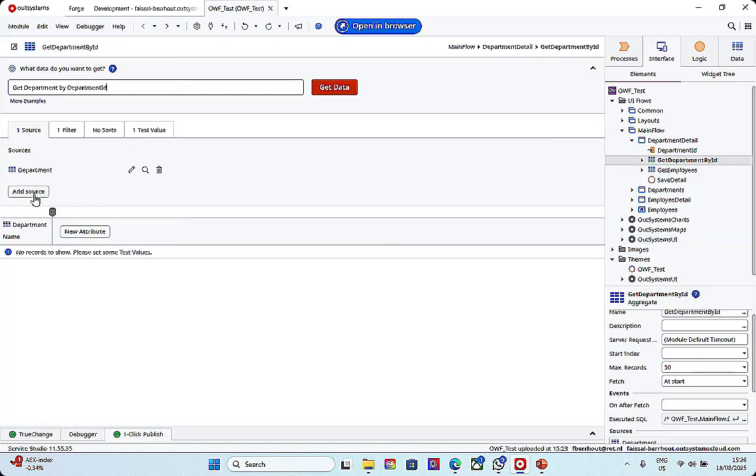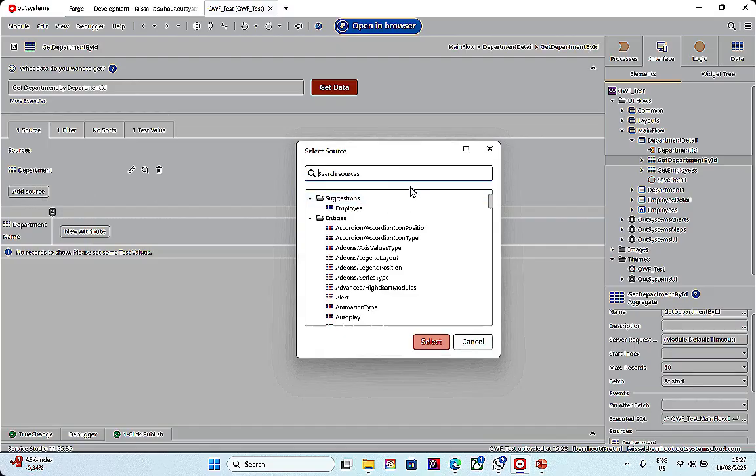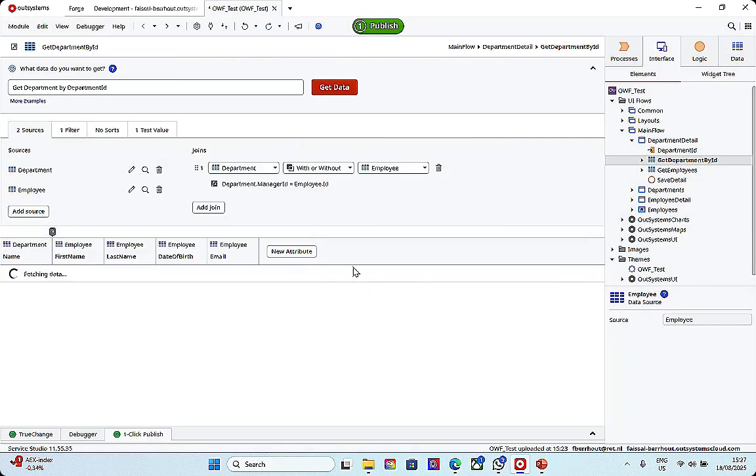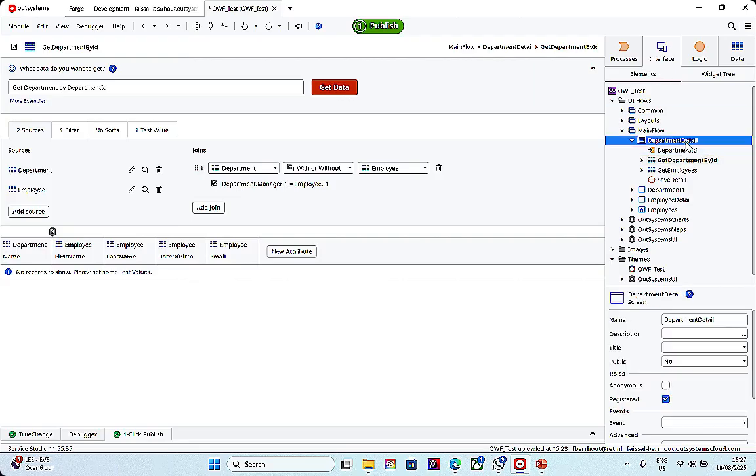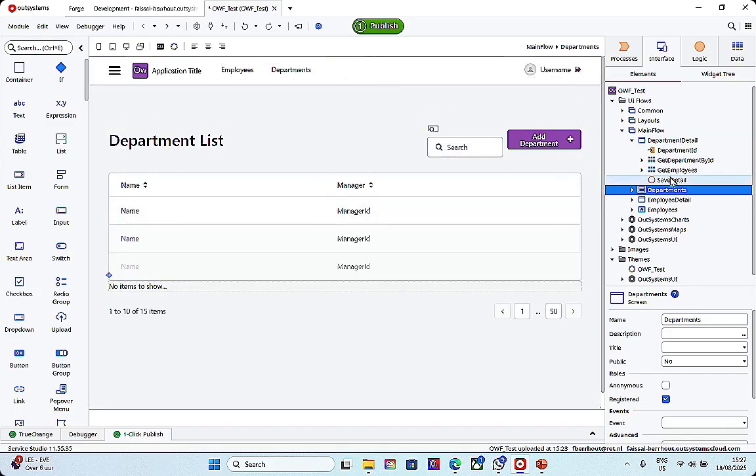We can add a source. And as long as we got a foreign key from another table, we can add it here as a source. As you can see, it already suggests employee as a source. So I'm clicking there right now. This is now joined, and I can take an attribute of the employee table. So now if I go back to the departments,